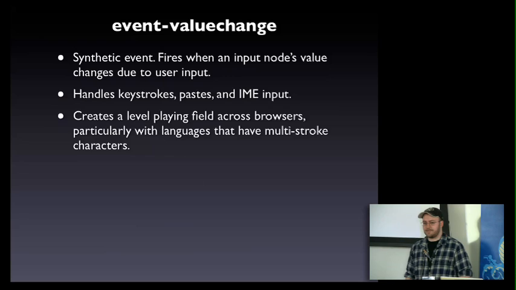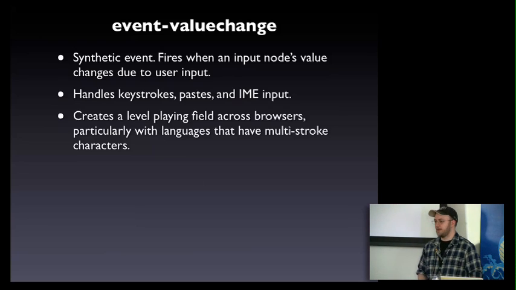So the first one is that event value change module that I mentioned earlier. And this actually came into the library in, I think, 3.1. And so it's been around since then. It got pretty heavily refactored in 3.2. And 3.3 is the first place where we're really actually using it as the foundation for something. So what makes this special